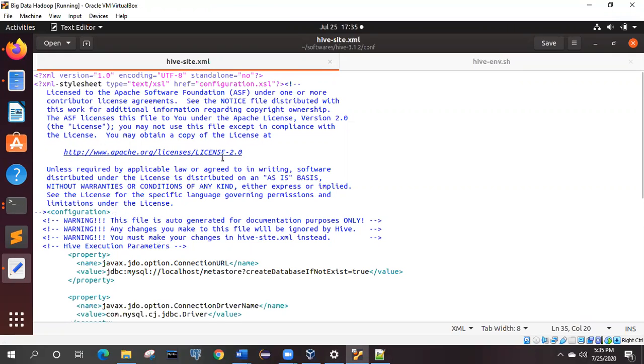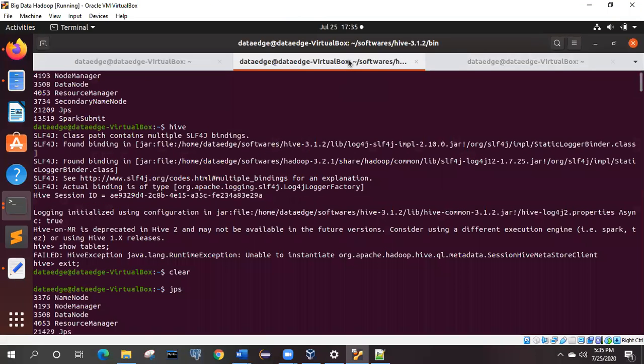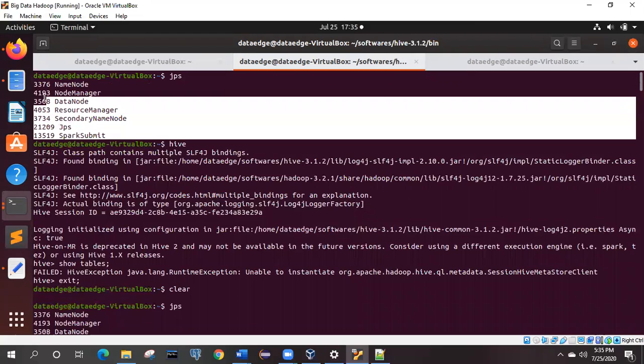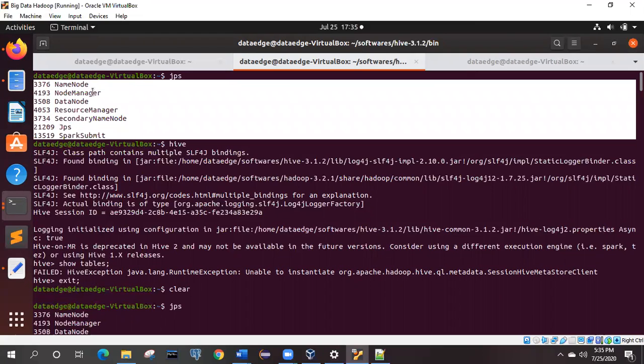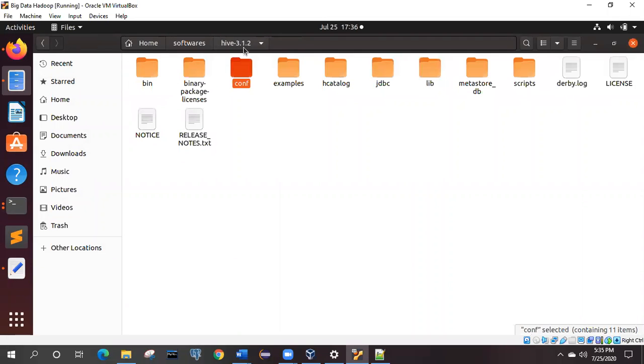Once it is successfully configured, what things do you have to take care of now? You just restart your Hadoop and check whether everything is running properly or not. If you are going to work with the connection between Hadoop and Hive, then you have to start it first. And one more thing, in the case of Hive installation, you have to go to the Hive